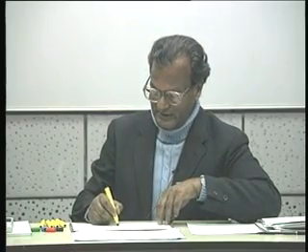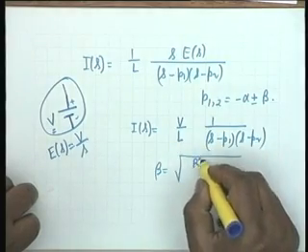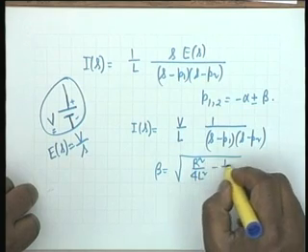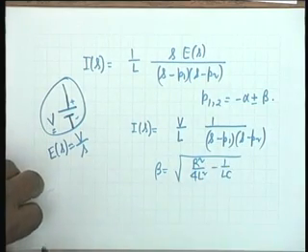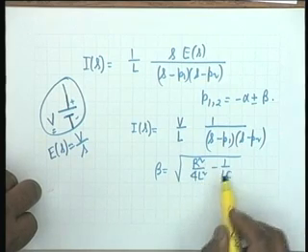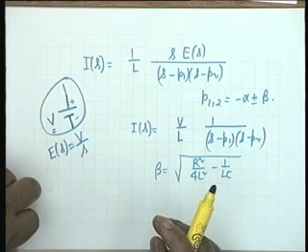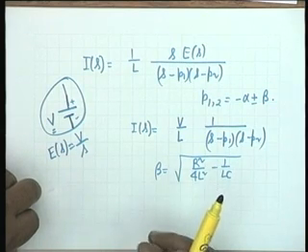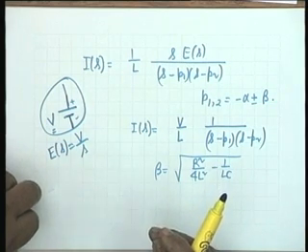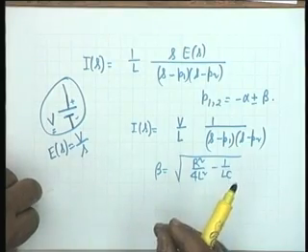You recall beta is equal to the square root of R squared by 4L squared minus 1 by LC. Therefore, depending on the relative values of R, L and C, beta can be real, can be equal to 0, or can be purely imaginary. We shall consider all the three cases separately.